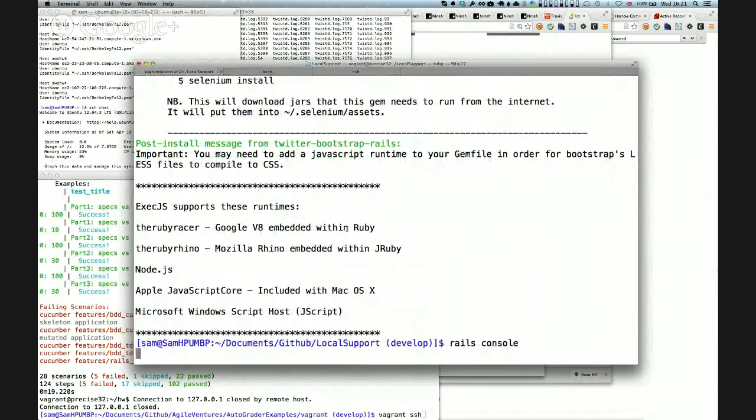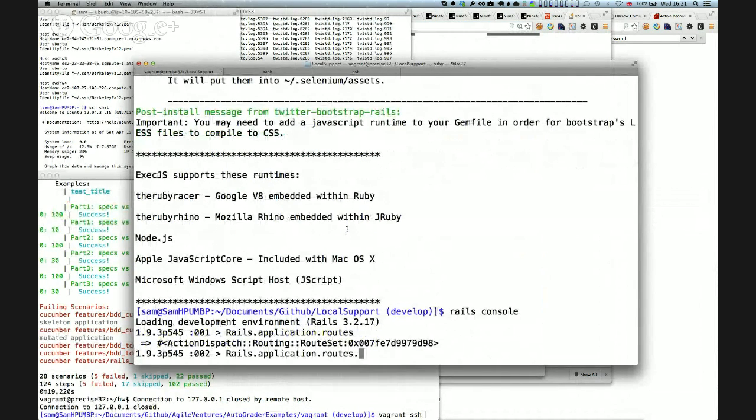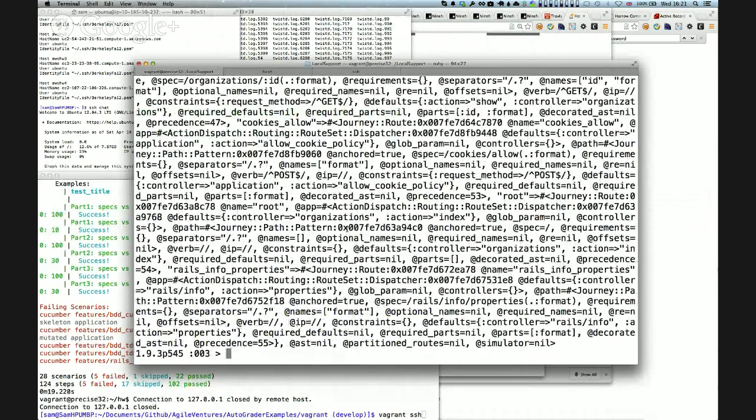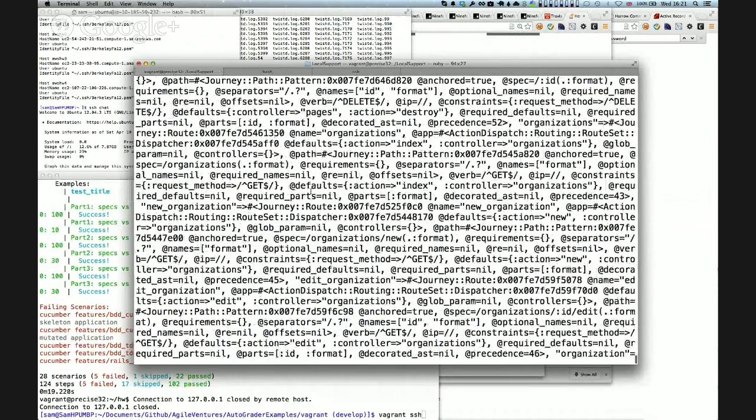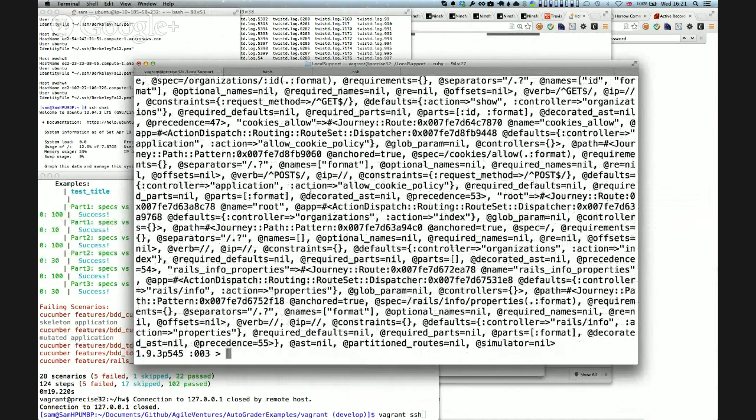Yep. Yeah, it's rails.application.routes.routes, actually. Right. Rails ties lib rails tasks. So if you're